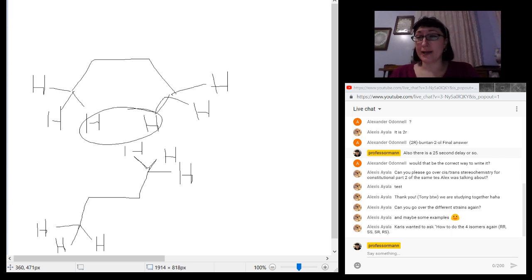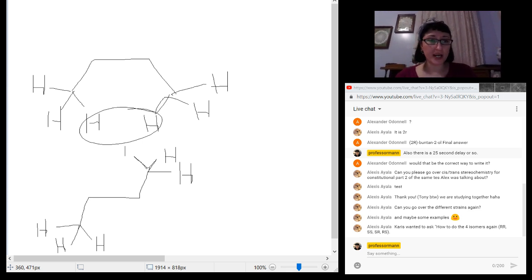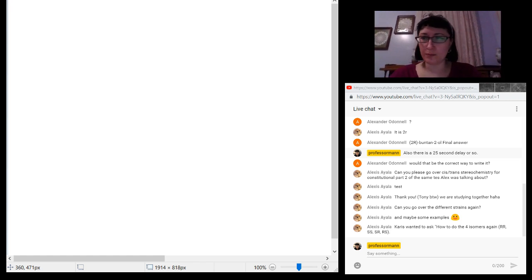You get this with the 1,3 diaxial interactions. You get it when you have things that are syn-periplanar, or when they're basically laying on top of each other like that. And then if you are looking at something with torsional strain, that one's a little bit harder to visualize. It looks a lot like what you would expect for steric strain, except the atoms aren't really big enough to actually interact with each other, but they still seem to repel each other. And we think that's because of interactions between the non-bonding orbitals.